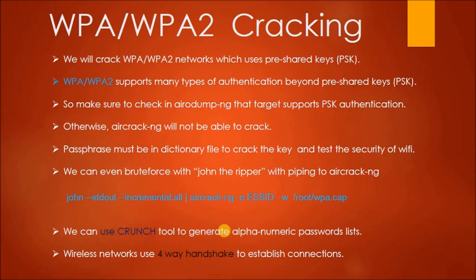And when we attack enterprise networks, you will find they are using WPA2 Enterprise Edition, so the authentication systems also vary. We need to check whether the target is using PSK authentication or not. I will show you in detail how we can start from monitoring mode of the wireless card to capturing the data packets and then performing deauthentication if there is no client, and if at least one client is connected, we can start cracking with aircrack. Aircrack should basically be used to attack targets having PSK authentication, otherwise aircrack will not be able